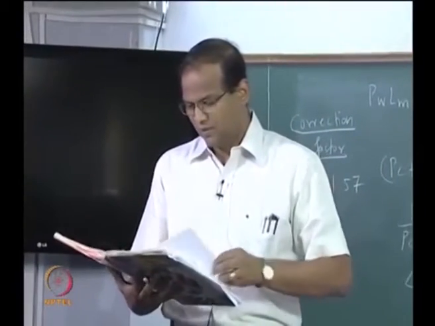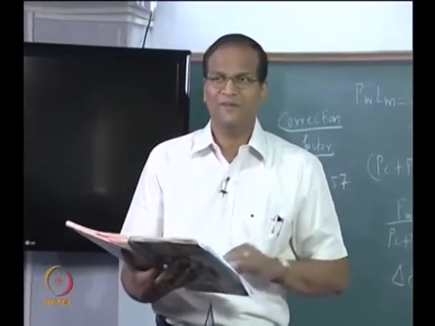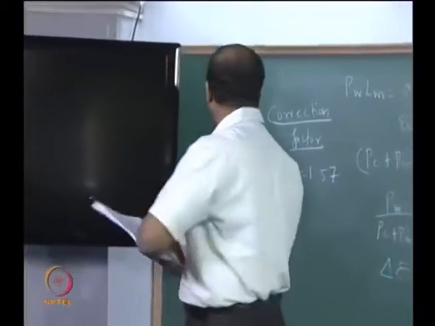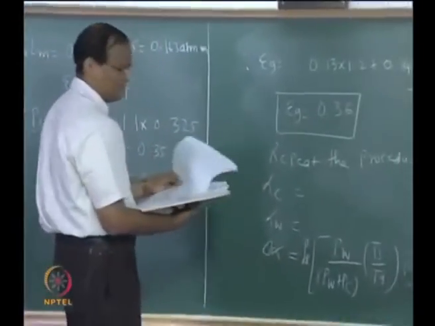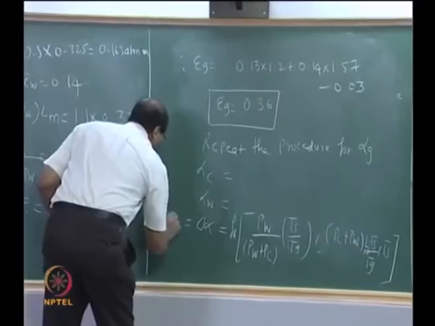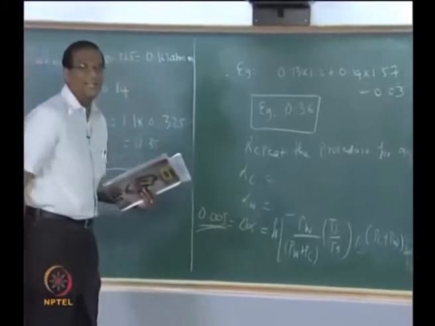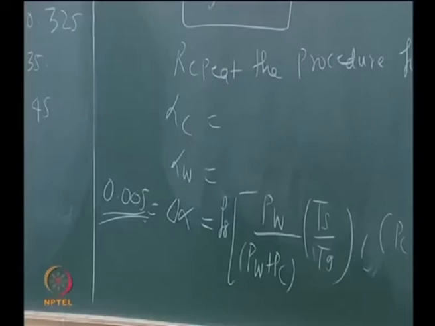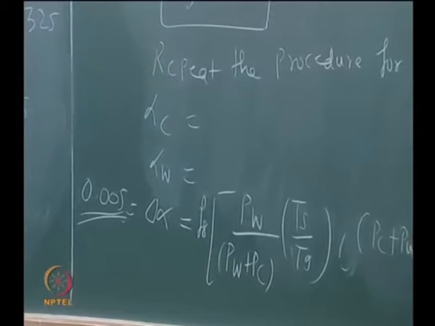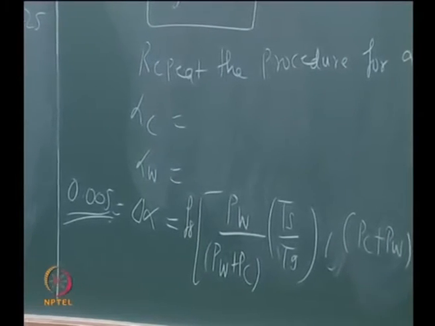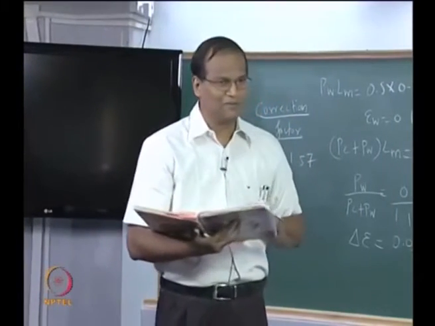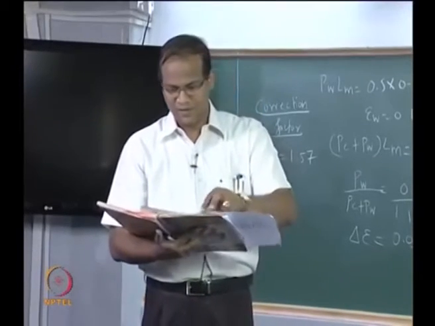Okay. Now, how many of you already given up? Huh? Okay. So tell me at least one. Which one? Alpha C. Okay. Is delta alpha 0.005? One more zero. Absolute zero, huh? Okay, then leave it. Then it's very safe for us. Calculate the other things, alpha C and alpha W. Okay.